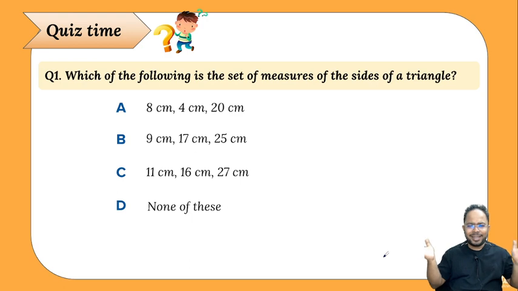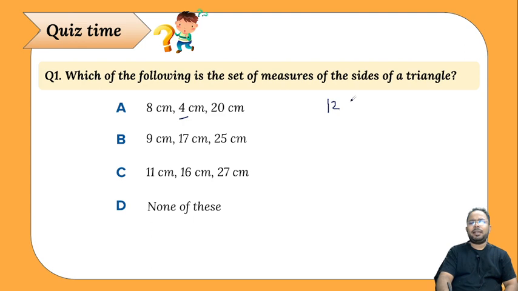All right then, let's see. So first option, it says 8, 4 and 20. So if you add 8 and 4, क्या आ जाएगा 12. 12 लेस देन हो गया 20 से. So A की संभावना तो वैसे ही खत्म हो गई. Okay, next